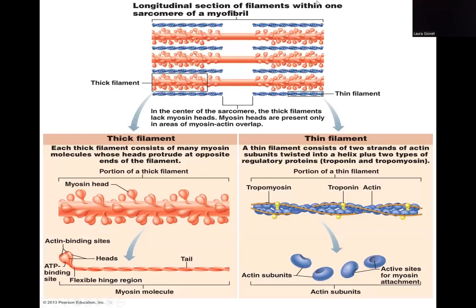Okay, so now we're back to some of these pictures again. Here we're saying the blue coils of beads, the actin, repeat 1, 2, 3, 4 times. And then in between, in red, is the myosin, the chubbier, thick filaments. When you want muscle to contract, the red golf club heads of the myosin make physical contact with the blue beads there, and then they row toward the center of that sarcomere,